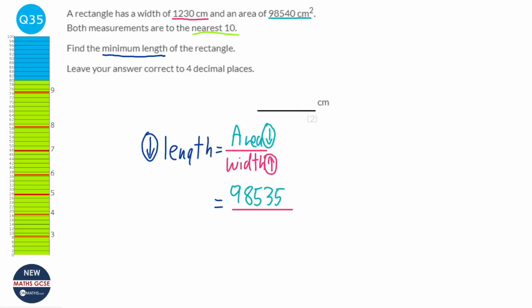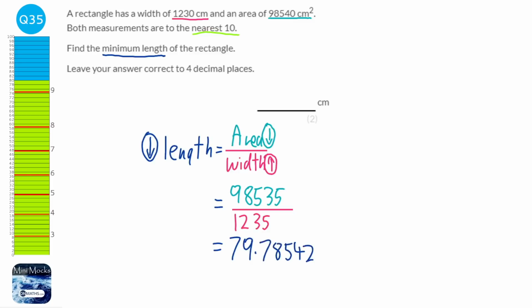Now for the width, we're going to do the same thing, half the accuracy, half of 10 is 5, but we're looking for the upper bound, we're looking for the biggest it can be. So we're going to add that on. And when you do that calculation, you get the answer of 79.78542, and so on. And it says it wants it to 4 decimal places. So we're going to do